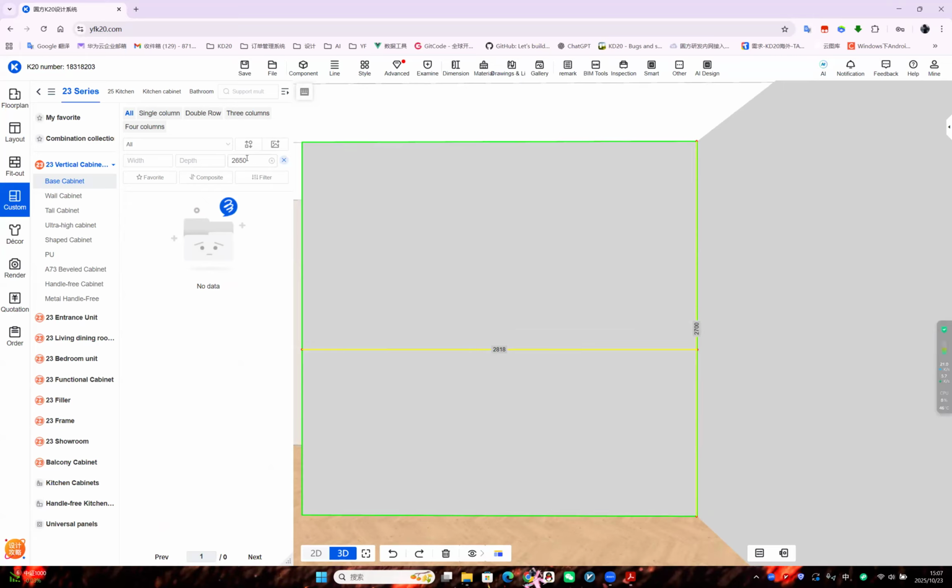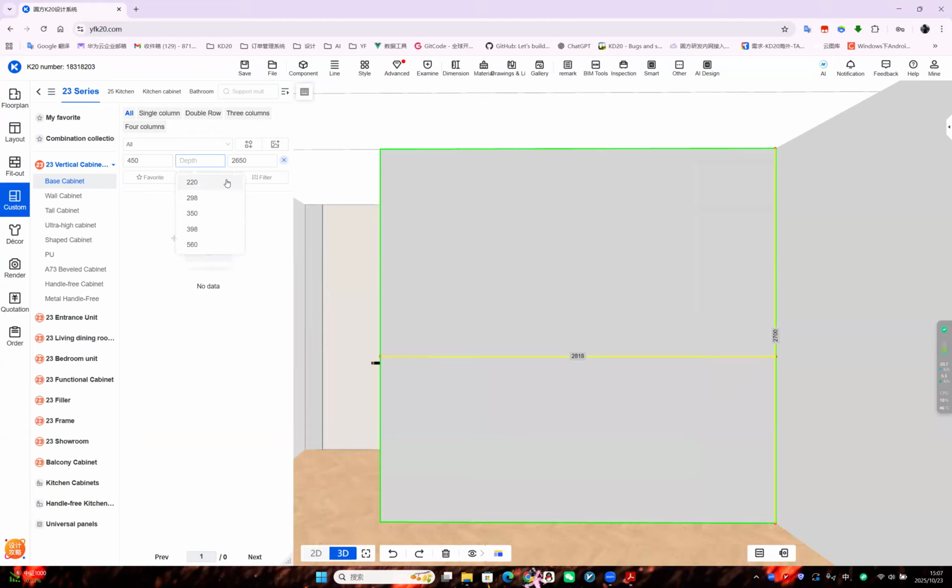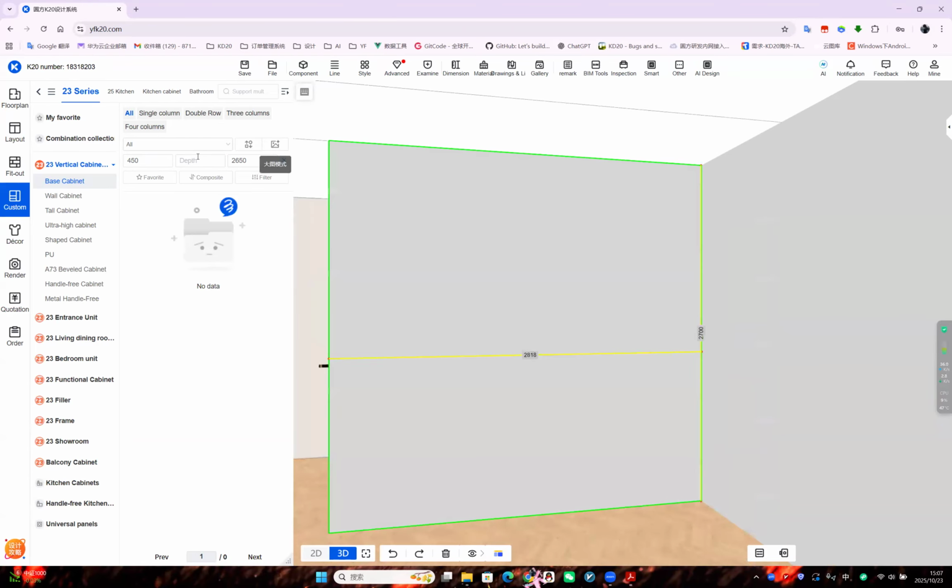So our cabinet height is 2,650. And the width we enter 450. And the depth, the wardrobe inner depth, we can enter